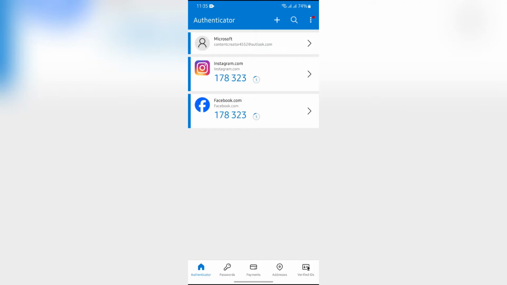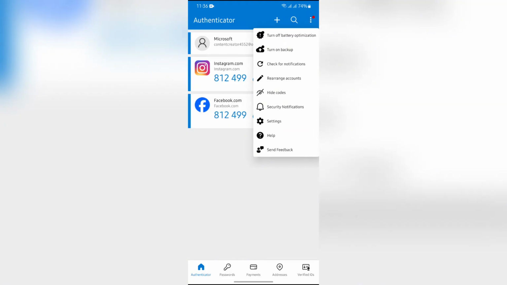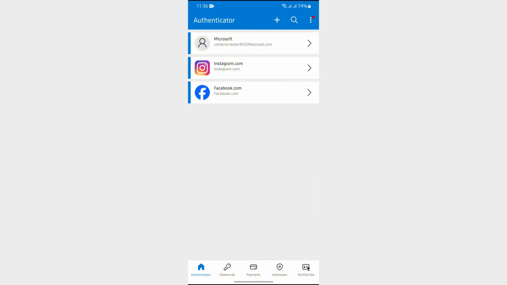Now in order to hide the code, just simply tap on these three dots in the top right corner. Then after that, you will get the option of hide codes directly. Just simply tap on that option in order to hide, and as you can see here, my code is successfully